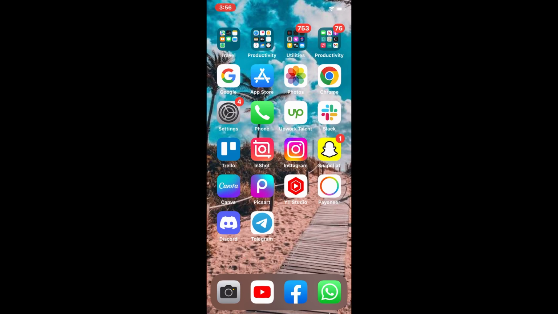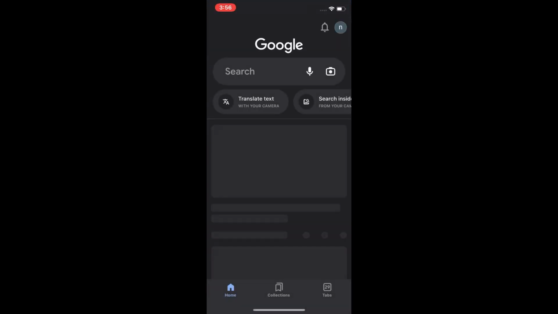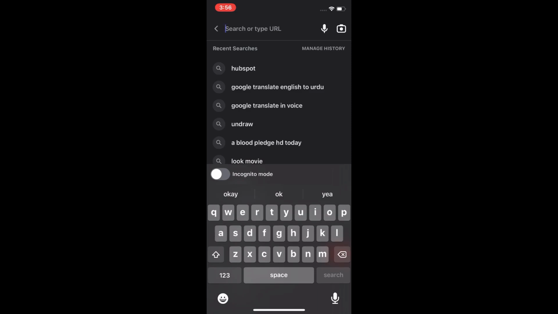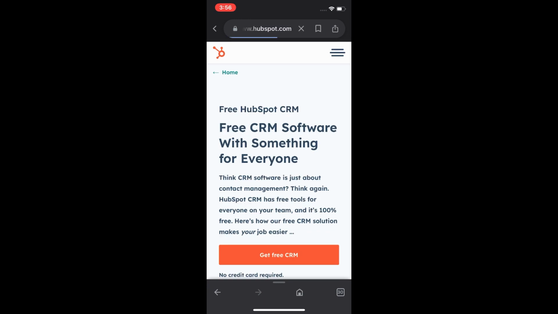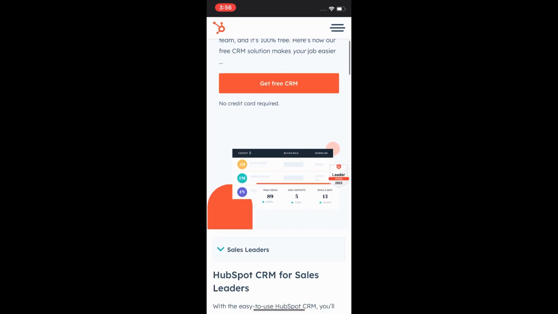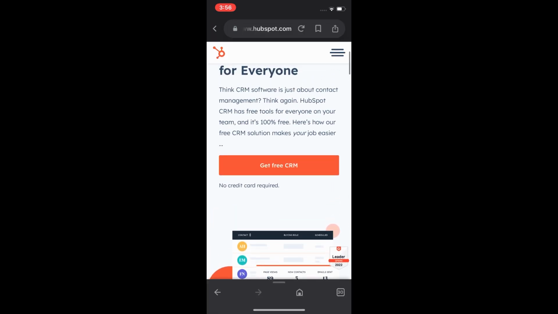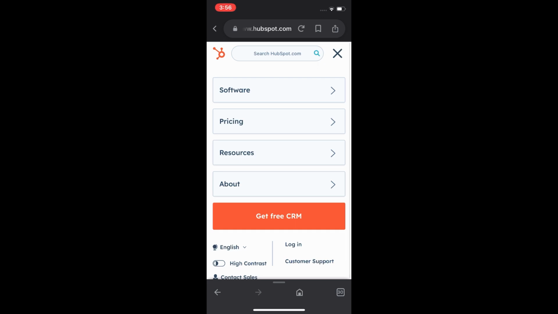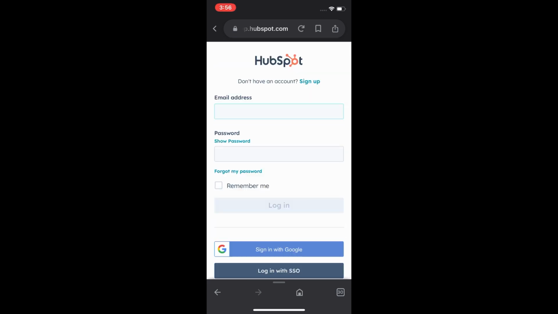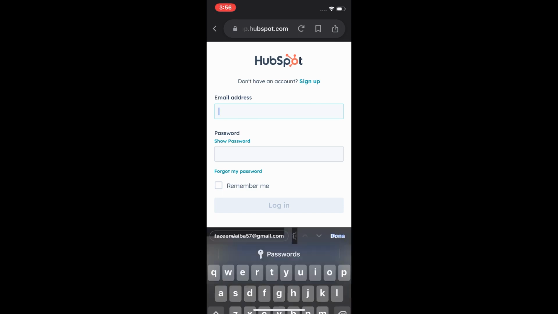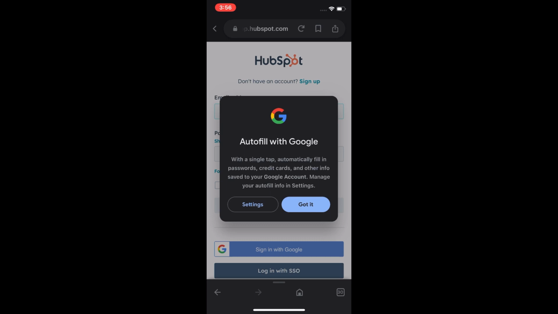First, we tap on Google and tap on the search bar and search HubSpot and tap on HubSpot, and tap on the three lines at the top right corner and tap on login, and you can add your email and password and tap on remember,